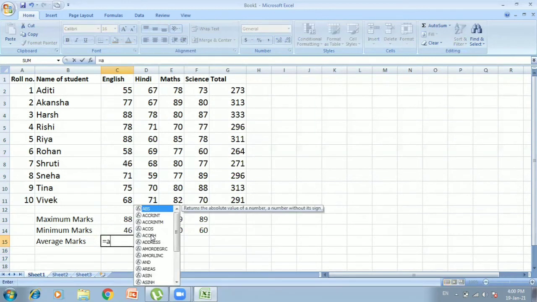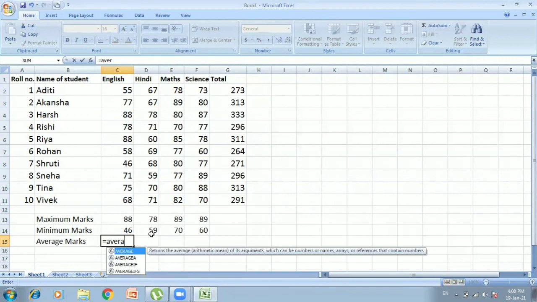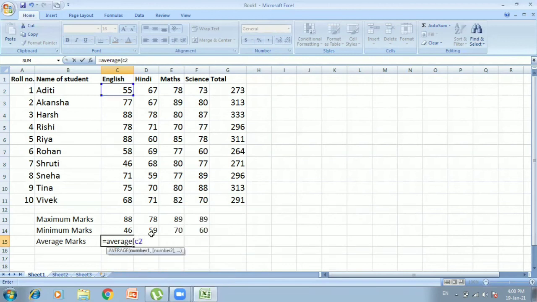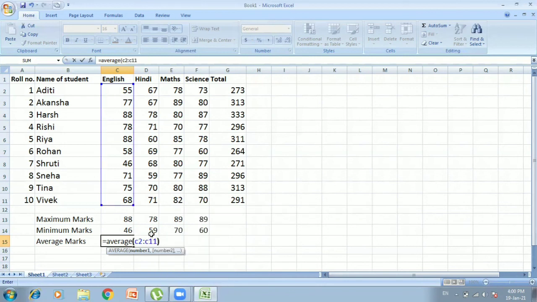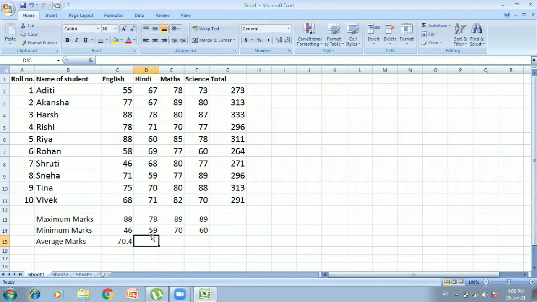Is equals to average. Now after writing average, I have to select the cells, means from where to where I have to find out the average. So I can write C2, again C11. Bracket close. You can see the average marks of whole class in subject English is 70.4.